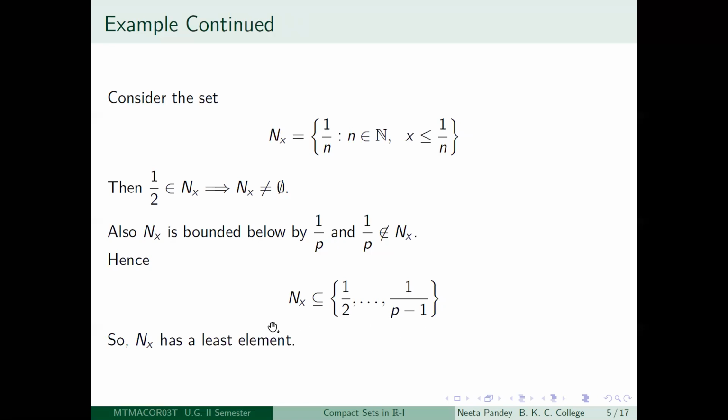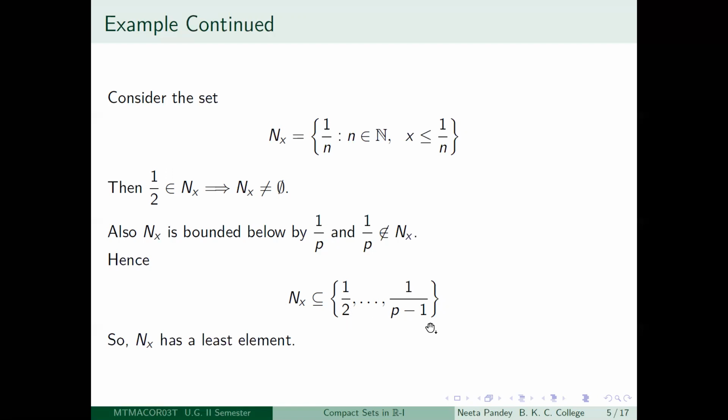So m can be at most p minus 1. We are not saying it is equal to. We are saying that it may be that half is the only one. It could be that Nx is just a single term. But whatever, it is going to be a subset of this finite set. See, it is again a finite set. It just consists of how many elements? You start with